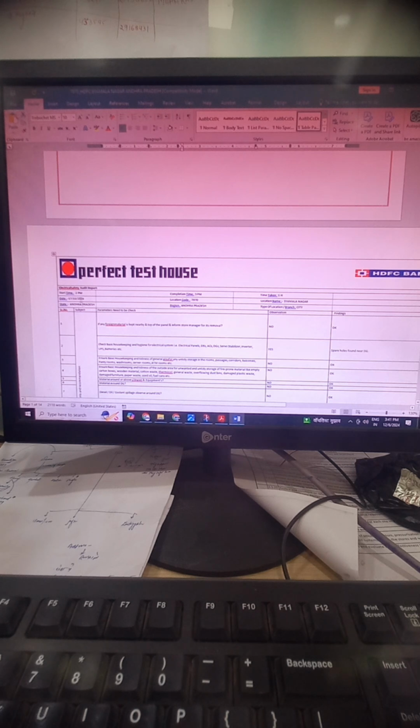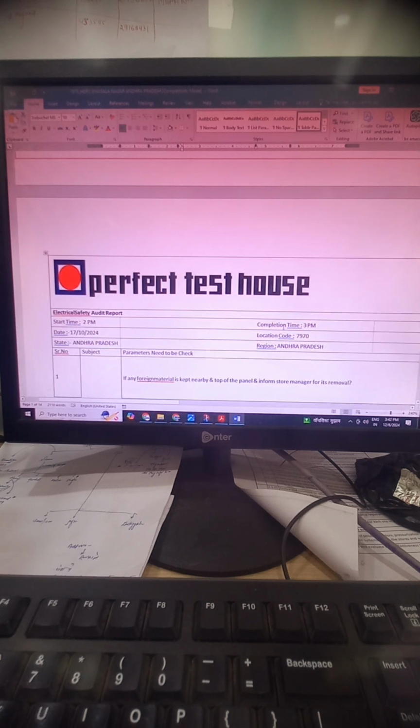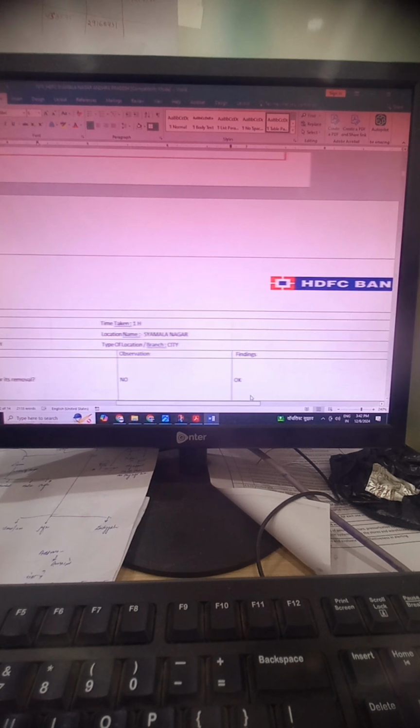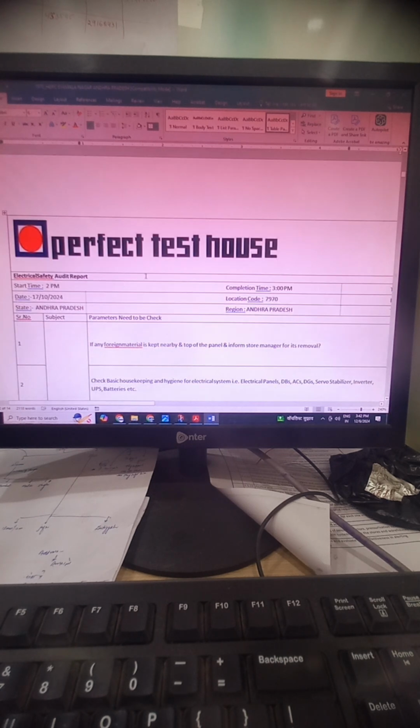The starting time of the site here is 2 p.m. and the finishing or completion time is 3 p.m. That is not correct. At least take 1.5 hours. So we make it 3 p.m. Then after we increase the time here, it's 1 hour and 30 minutes. Okay, that's it. So that is the first mistake, and the second mistake